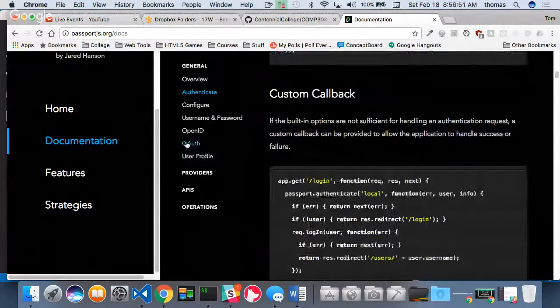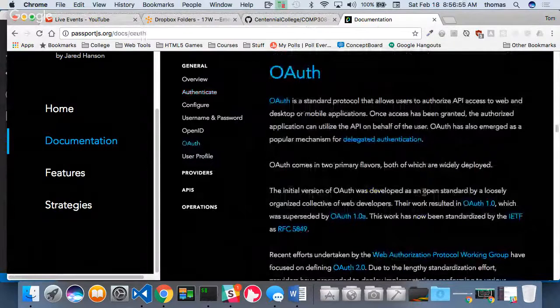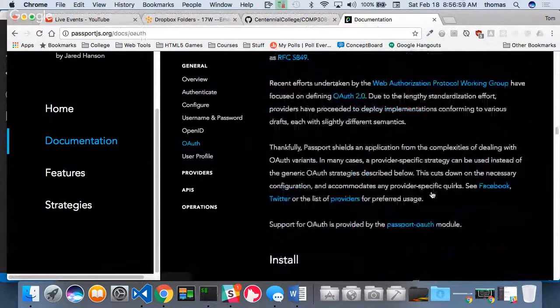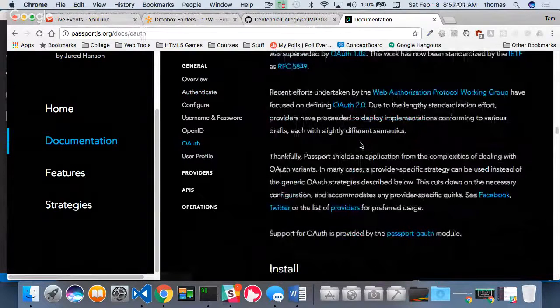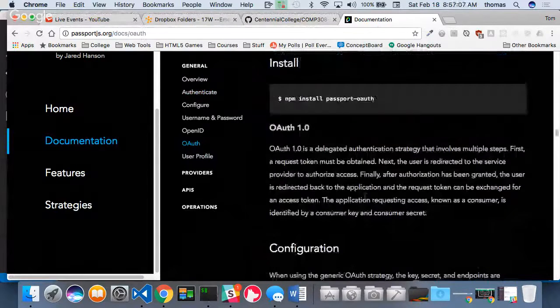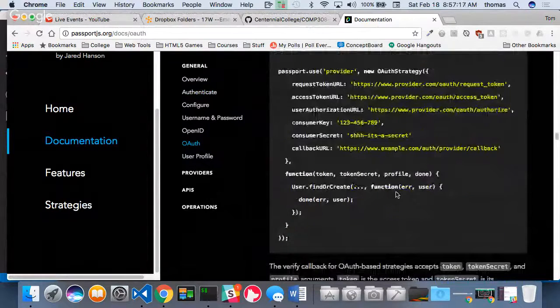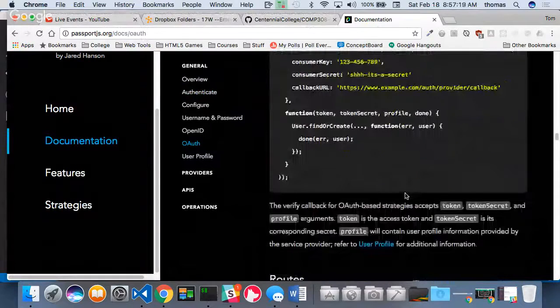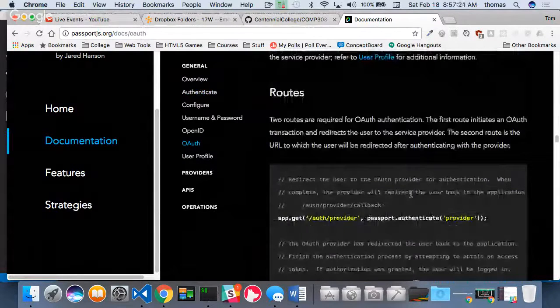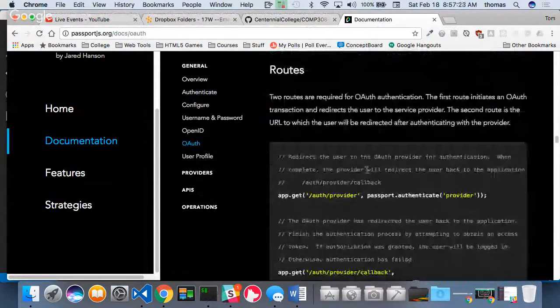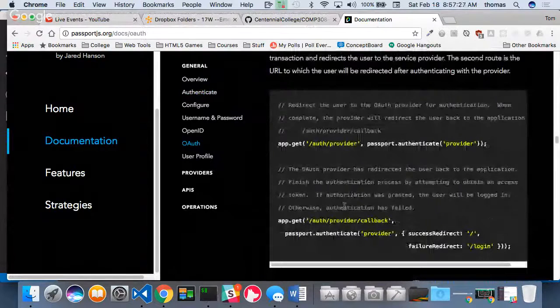OAuth strategies. Also, I'm going to skip to this for a second just to give you a high-level overview. See that there's different OAuth types, OAuth 1 and OAuth 2. And OAuth 2 is definitely the way now. It's a better way of doing things. OAuth 1 is kind of the original authentication for providers like LinkedIn and Facebook, I think, uses now OAuth 2. I think they force you to use OAuth 2. They don't allow you to use OAuth 1 anymore. You can see how the routes are a little bit different, where you get the provider and the provider itself,